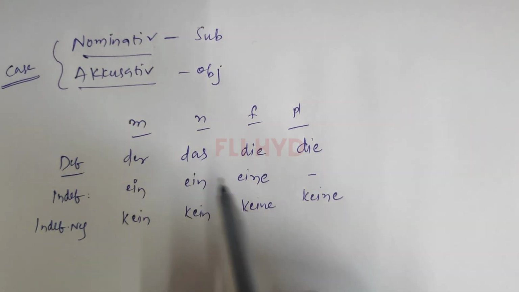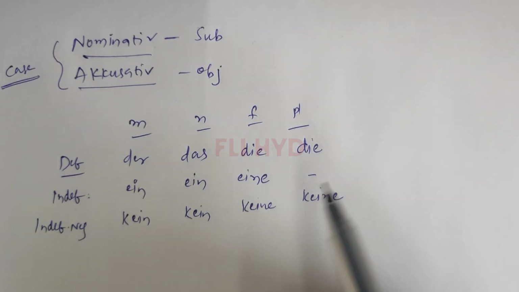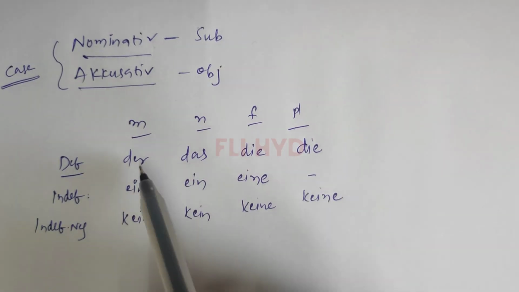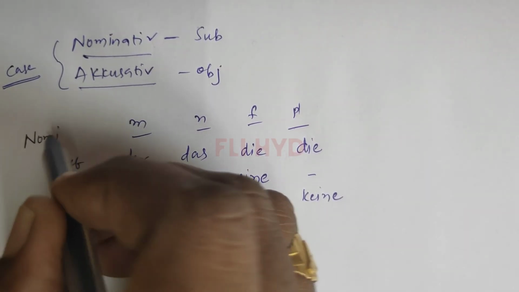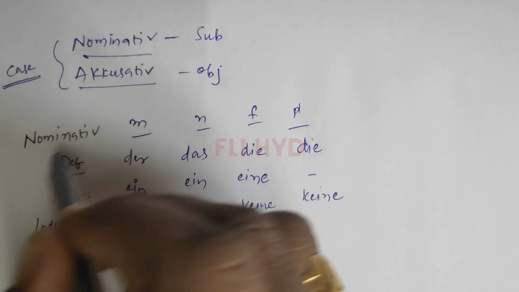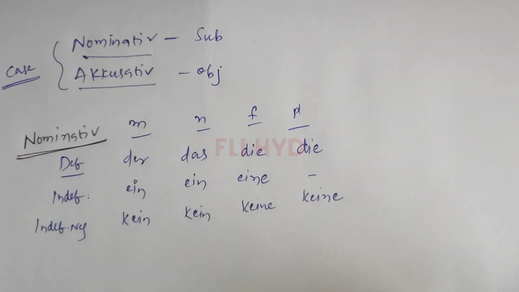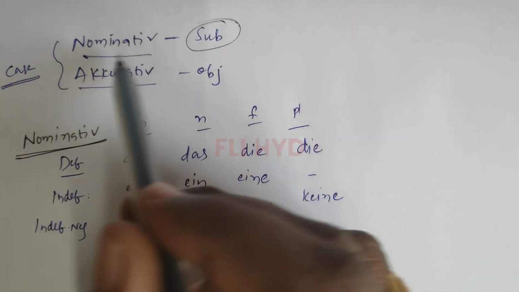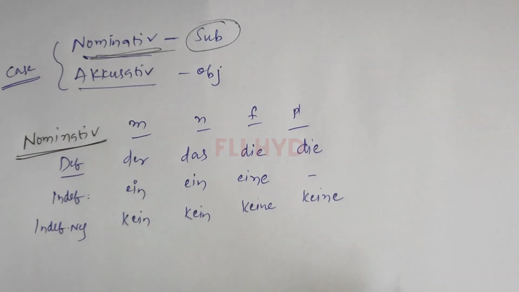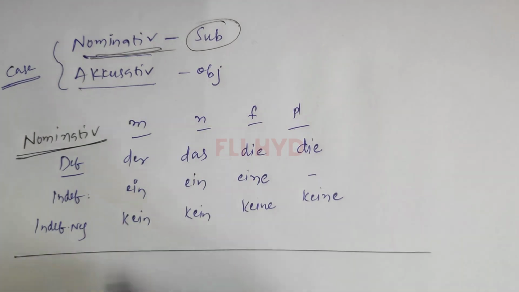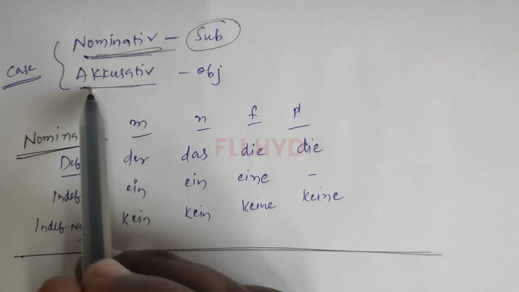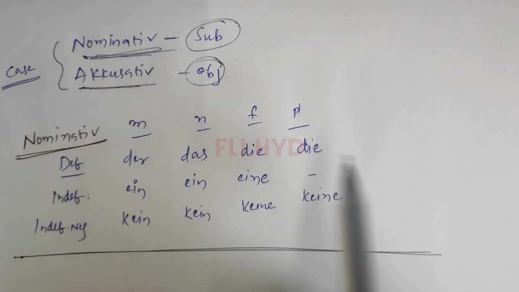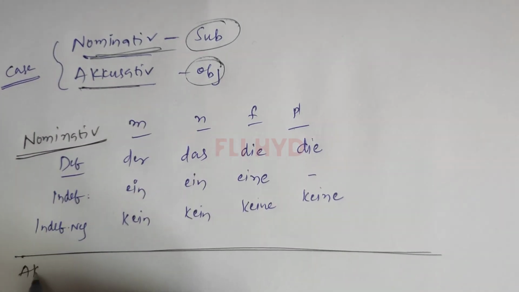Whatever we learn, and even if you look for any noun gender in the dictionary, we get der, das, die. This is for the nominative, the subject articles. So the original genders we learn from the dictionary are related to the subject, the nominative. Clear? Then if the same articles come in the accusative place, the object place, how do they change?